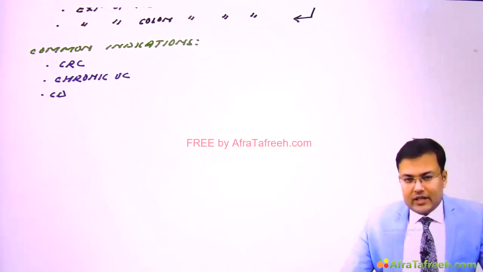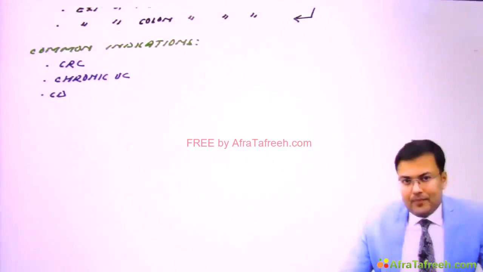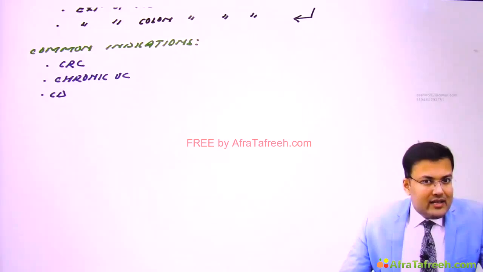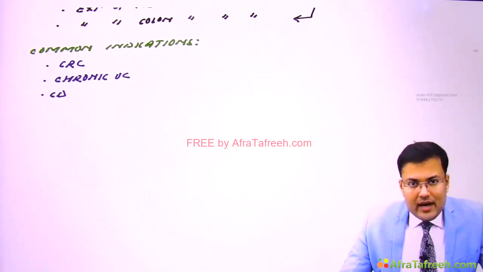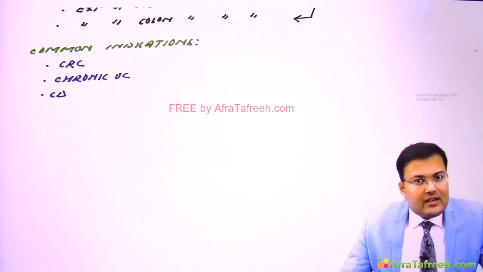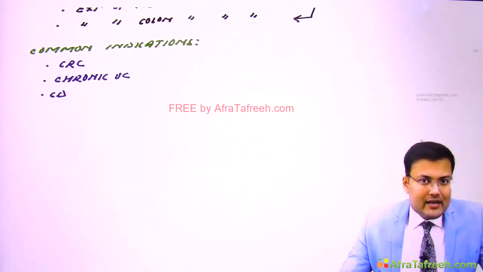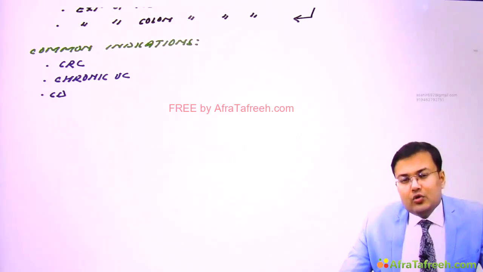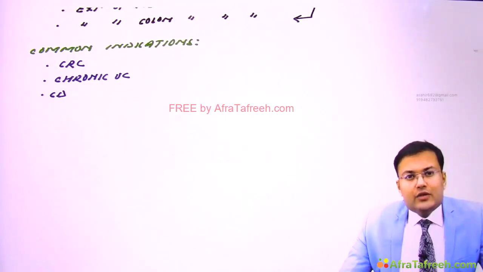Simple. Now see, there are two types of stoma. One is temporary stoma and one is permanent stoma. You have seen that generally this temporary stoma is for fecal diversion. Why? Because we have to protect a distal anastomosis. That's why we have to divert the fecal matter temporarily. And generally this is loop stoma. And what is end stoma? End stoma is usually permanent.